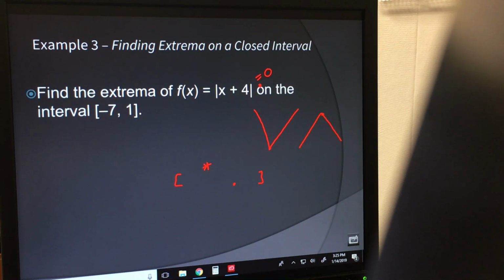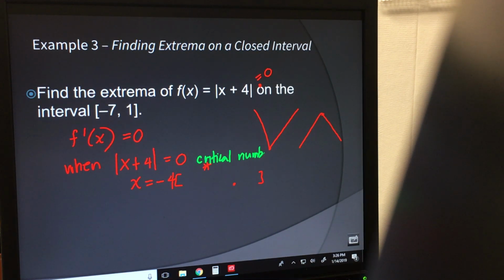So in this case, this absolute value, the derivative will equal 0 when the absolute value x plus 4 is equal to 0. And that is when x is equal to -4. So -4 is the only critical number of the function. So now we're going to evaluate the function at the critical number -4 and at the endpoints